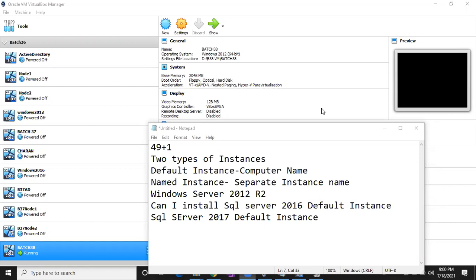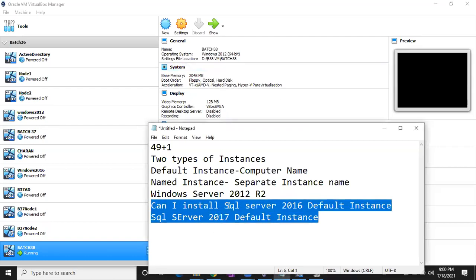The answer is no, you cannot install one more default instance, even of another version.